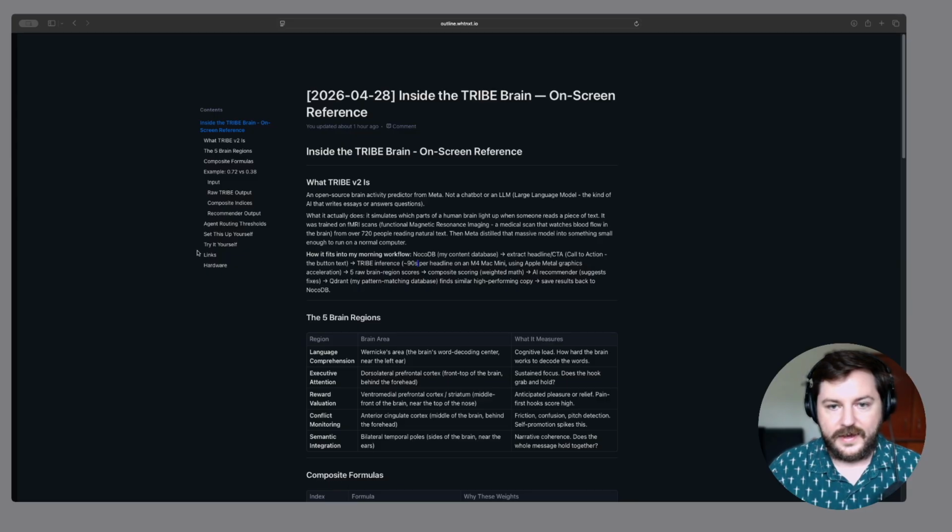Clarity is touching on, once again, ease, semantic, this low friction, really hitting that sort of like the semantic integration part of the brain. If the reader doesn't understand the words, nothing matters. True. And then conversion, right? So reward, low friction, attention. Did we fulfill on that promise we were talking about earlier? Did we hit the reward valuation?